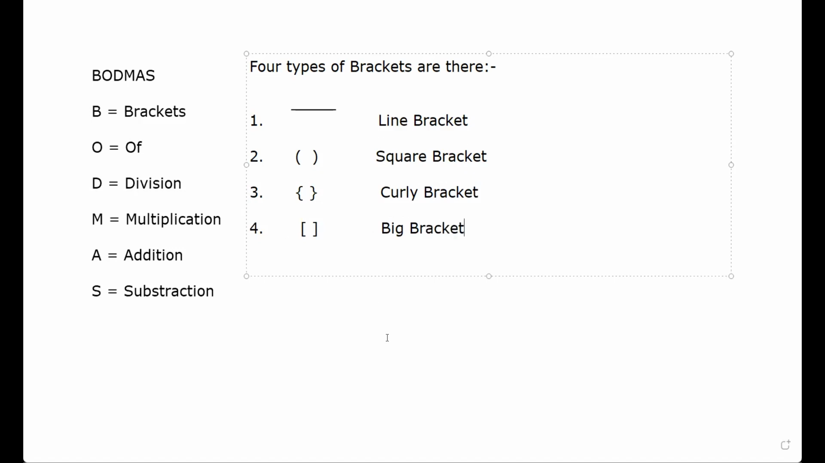So my dear students, as you can see, there are mainly 4 types of bracket. First one is the line bracket. We have to solve the line bracket first. Then look at this symbol. This is called the square bracket, or you can say small bracket. Then this is a curly bracket. This is the big bracket. Okay, I hope you get this point, my dear students. You have to revise it on your own, and if you find any difficulty,